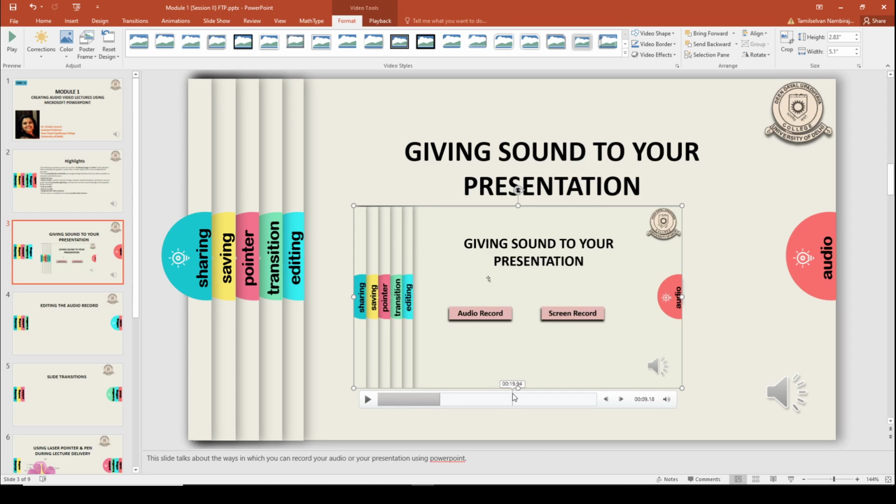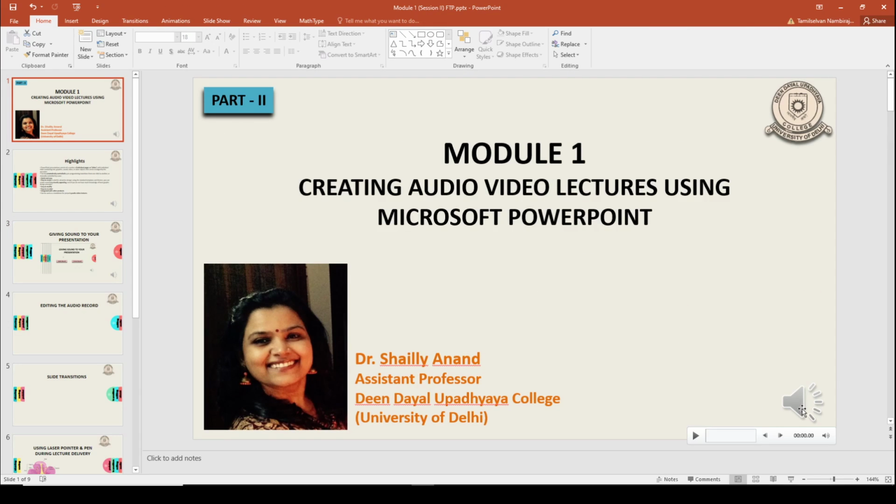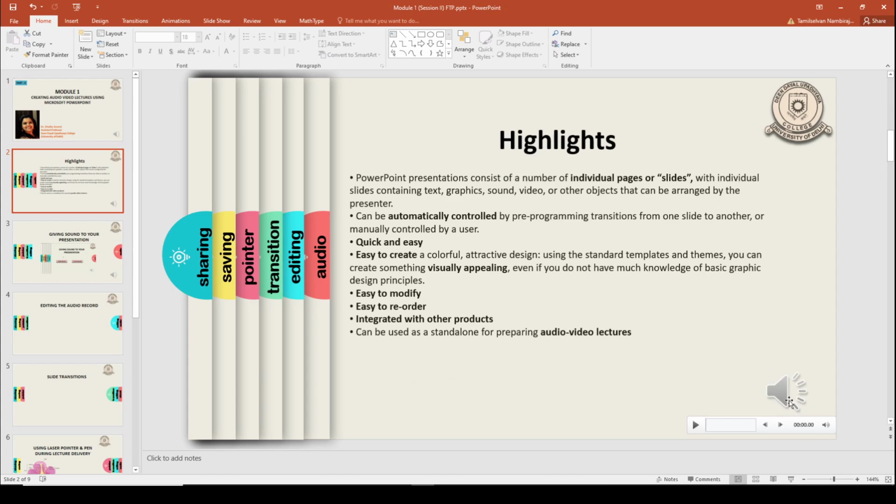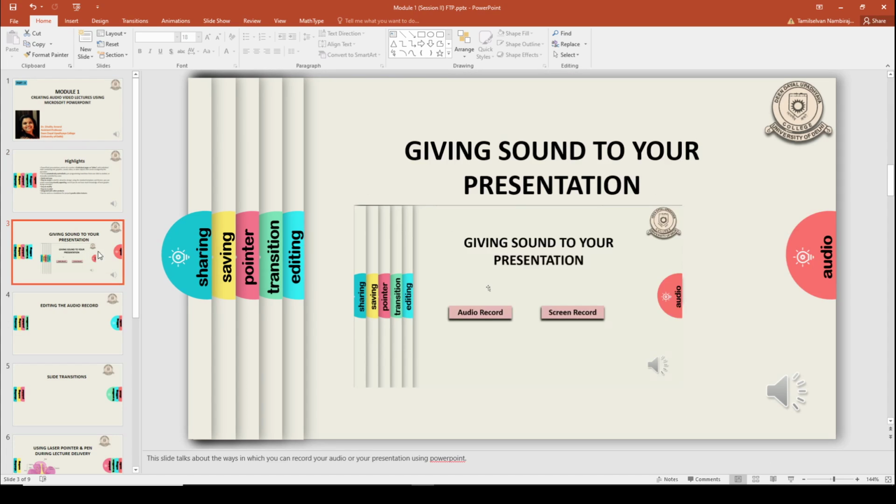So if you are not comfortable recording the entire presentation, or you're not very confident, you can keep on writing below each slide, and then you can select the slide area, and then you can keep on recording. Or the other option is that you record each and every slide. As we did here, on the first slide we had some recording, on the second slide we had some recording, similarly on the third slide also we had some recording.